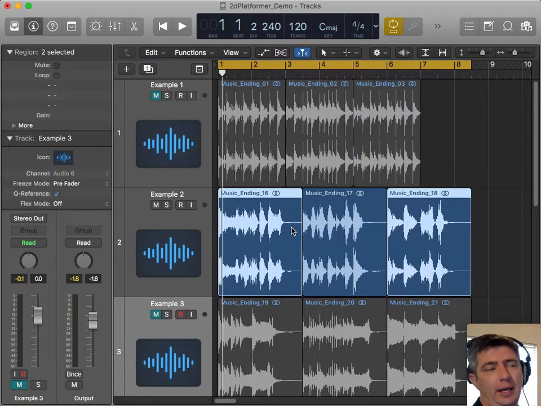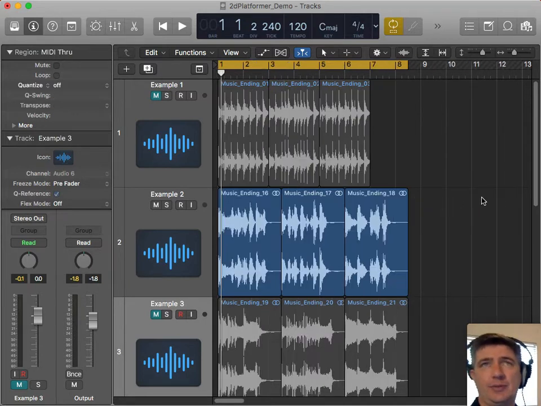Or if you need the entire 2 bars, then you can use a little bit of extra time for anything like instrument decay or reverb tails or fade outs. The music needs to end within 2 bars, but if you need a little bit extra room to bounce these out, you can certainly do that.